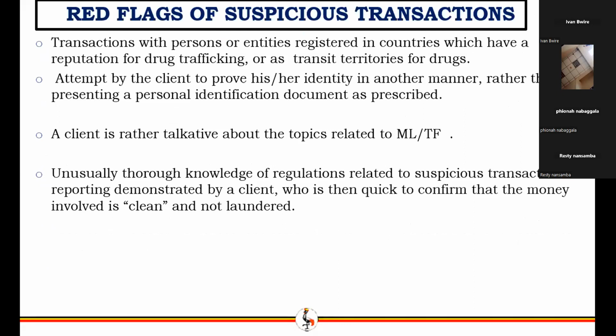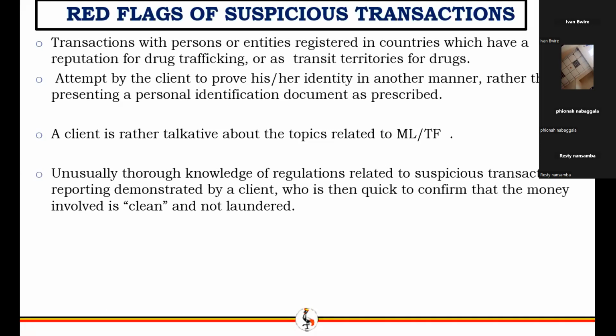If the client is coming from a high-risk country or a blacklisted country, it can help you form suspicion, because for blacklisted countries, we are not allowed to entirely transact with them. If the client fails to provide proper identification, in the event that you ask for the ID, we already talked about that. And if a client is talkative about topics related to money laundering, I mentioned this on inquiries or reporting requirements,